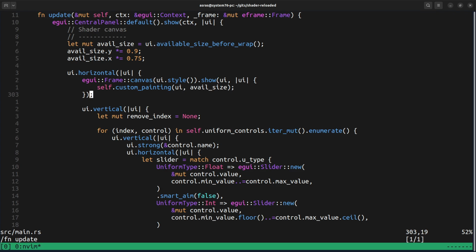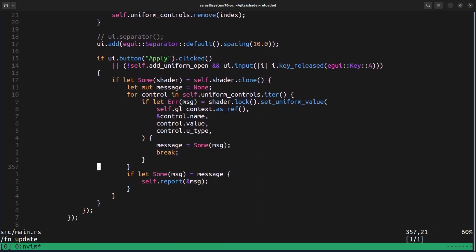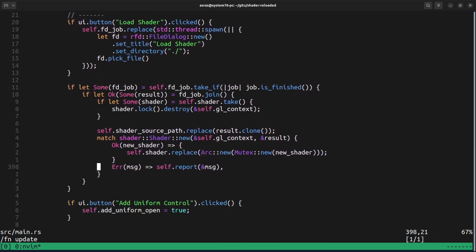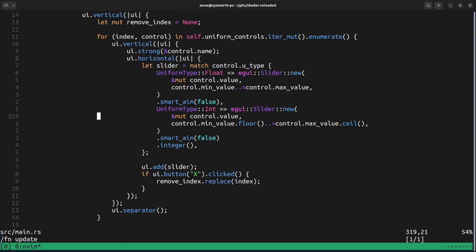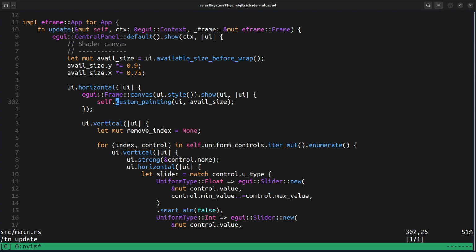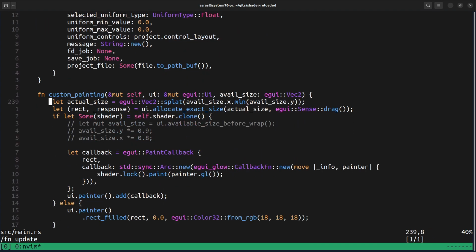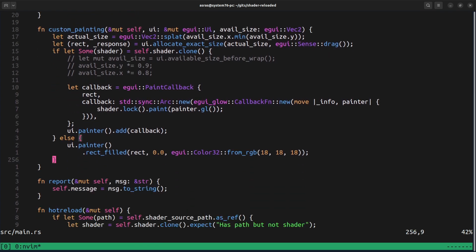It's kind of a weird feeling when you don't remember your own code. So actually, maybe it was the shader. Let's go to custom painting. Okay, so here we allocate some size, and basically, can I